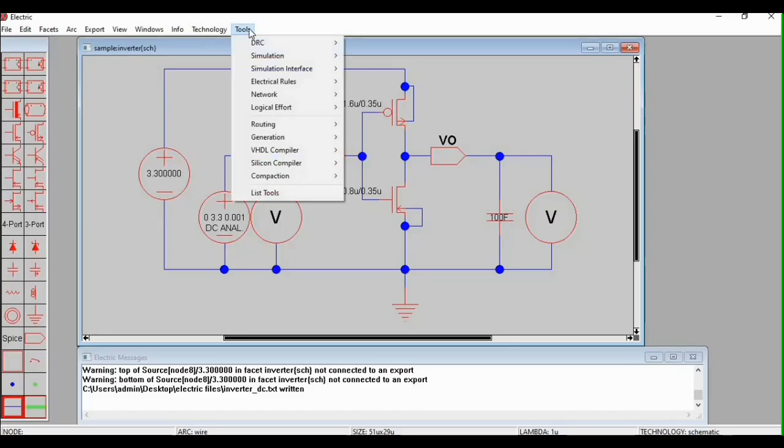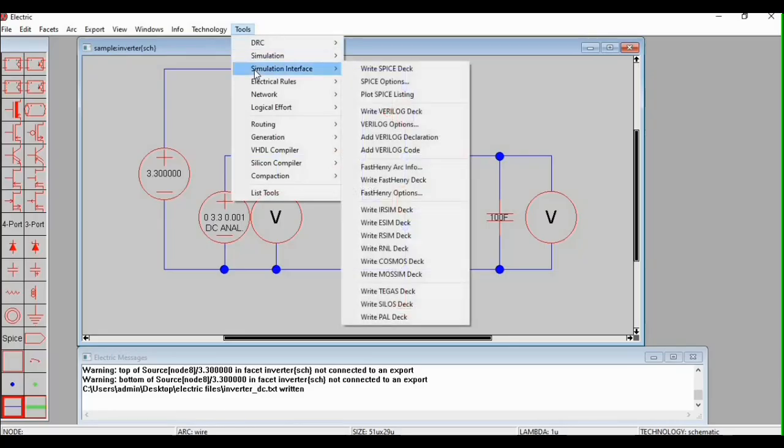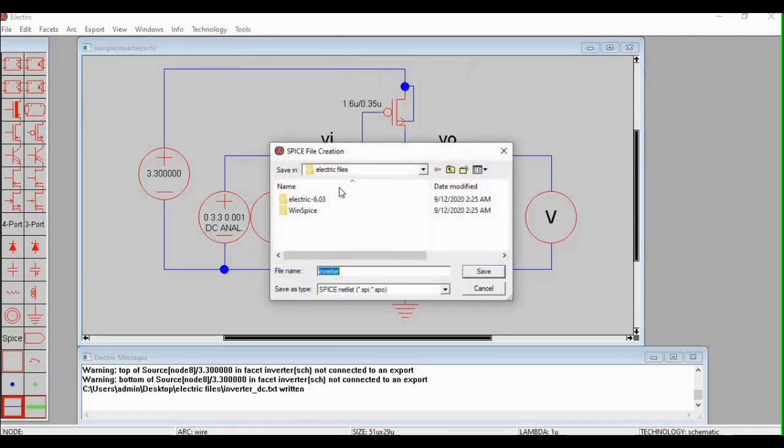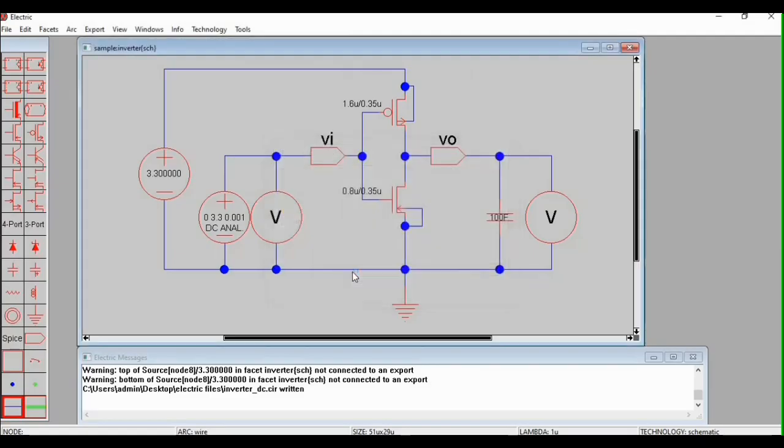Tools, let us extract the netlist. Simulation interface, right? Spice deck. So let us just name this inverter underscore DC dot CIR.